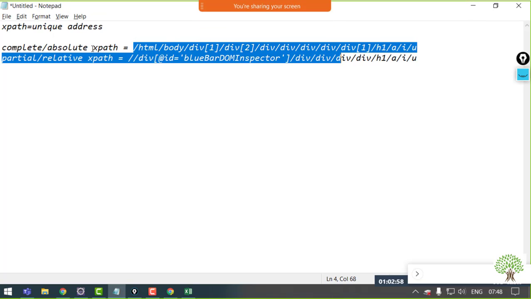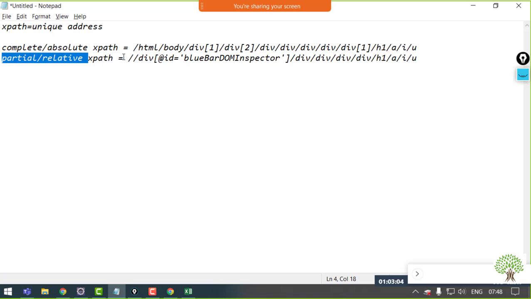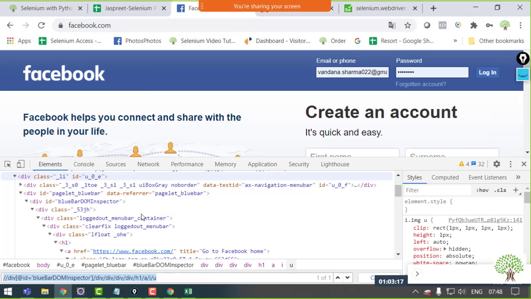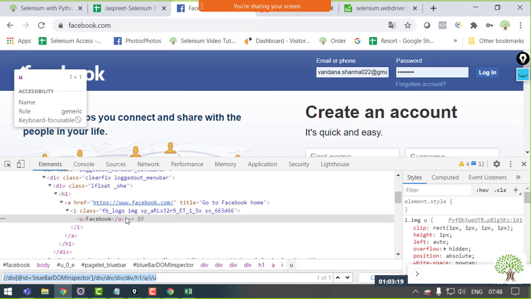At some points it only gives you the complete XPath, there is no solution to it, but you can choose the partial XPath and look for the element which has the attribute ID or name, and you can make the partial XPath on your own as well. Fine. Again, you don't have to construct the partial XPath every time.